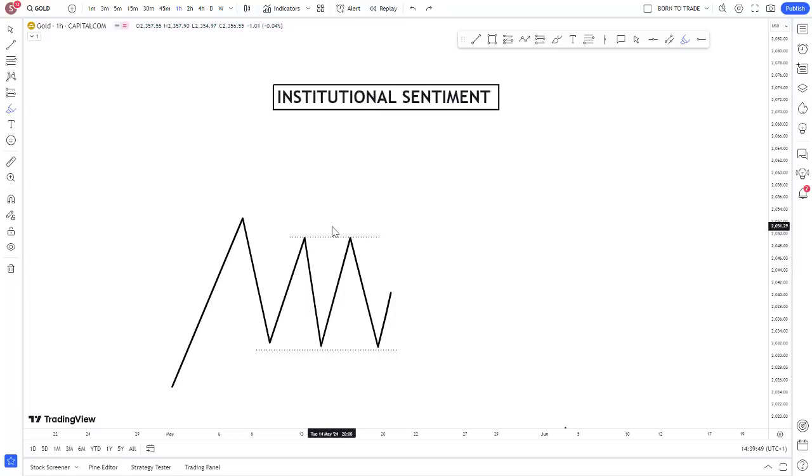That means liquidity has been generated in the markets. A lot of liquidity resting above this high. Liquidity being money, that is money resting above this particular high. And most times you see me representing liquidity areas with a dollar sign, and if I try to do that right now, you're going to see that this is actually a liquidity area for me, which means that a lot of money is resting above this high.